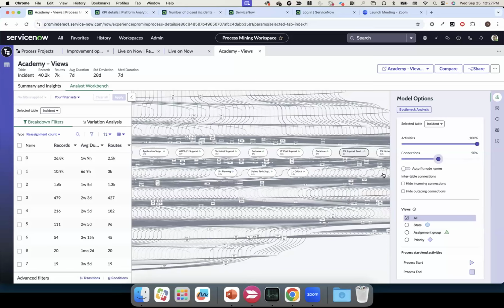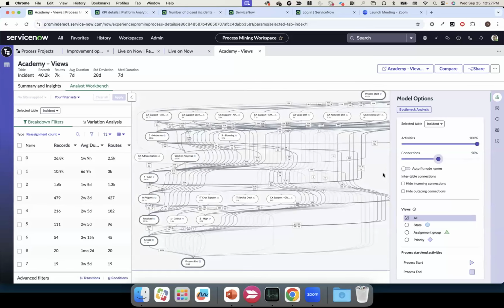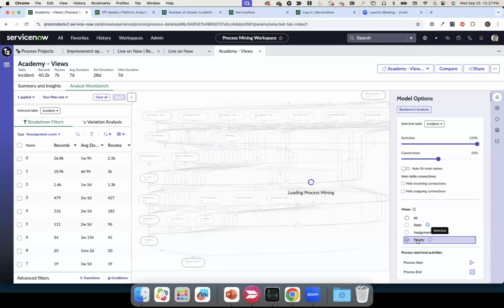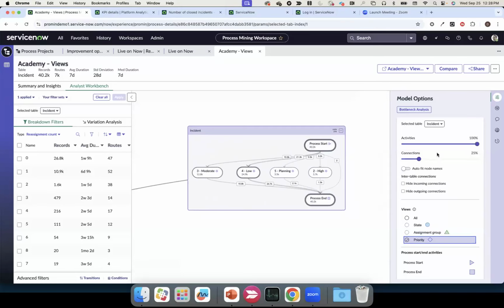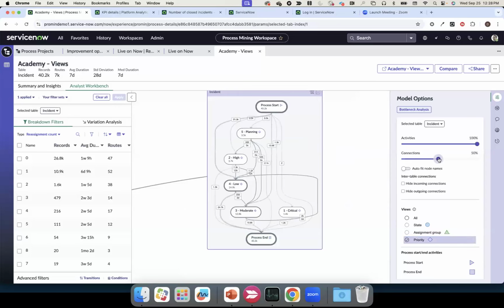So what views allows us to do is say, okay, let's put all that power into a single map, but then maybe I just want to focus in on the priority activities, right? Where priorities are changing in the project. So I can narrow it down to this scenario where I'm just looking at the different priority changes that go on, and maybe I can isolate a scenario where I see,